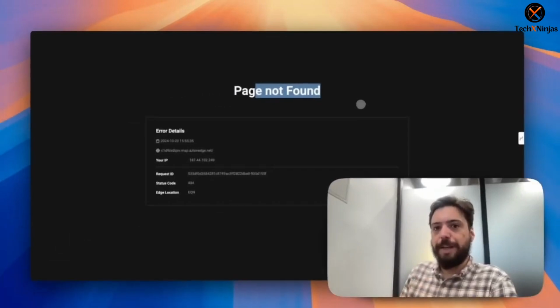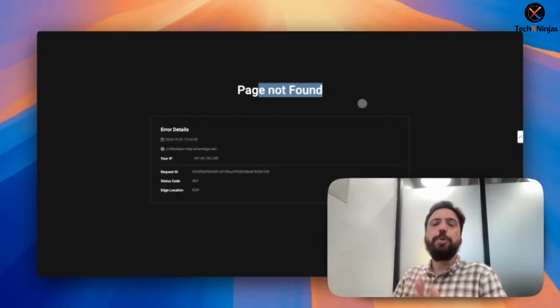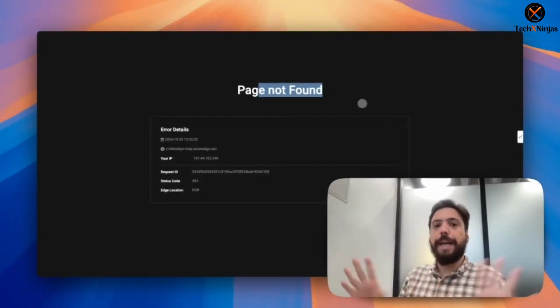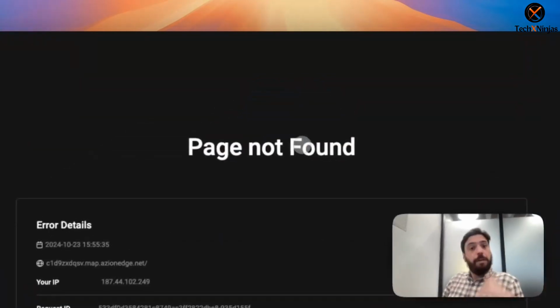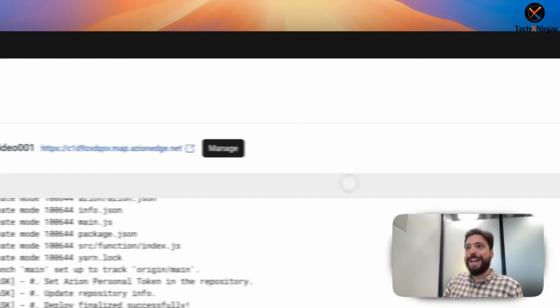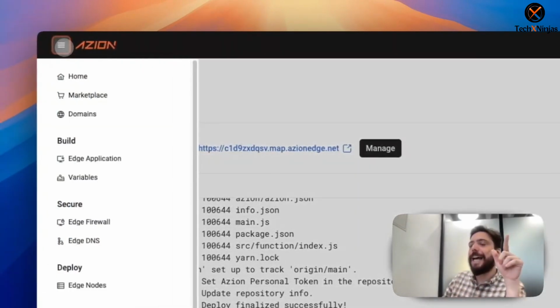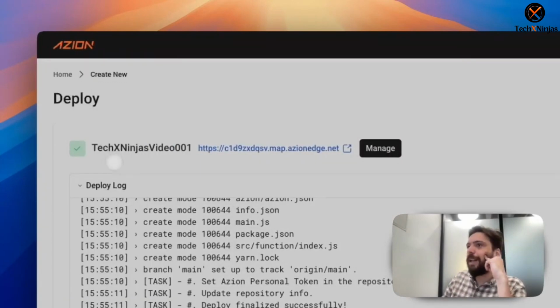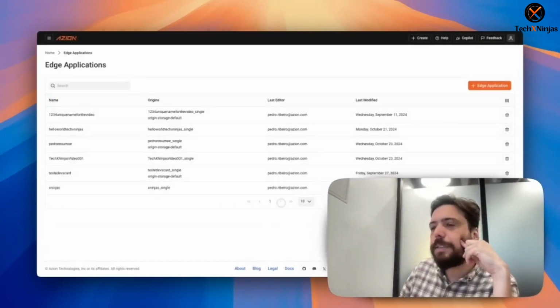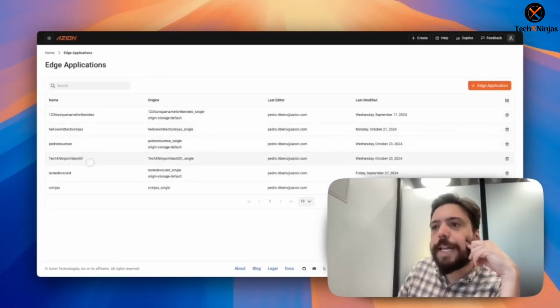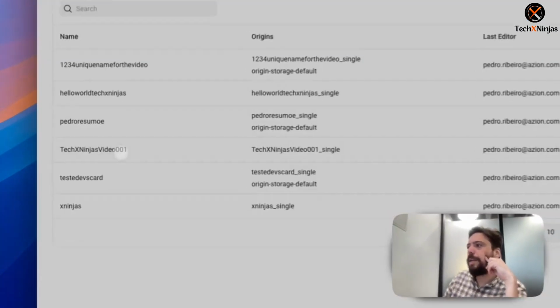Don't worry, because the first time you use this template, it takes from 2 to 5 minutes to propagate in one of our edges and then to all of our edges. But let's see what we can do already. Click here at the menu, and you are going to see a lot of detail about your edge application. This is TechXNinjas video 001,